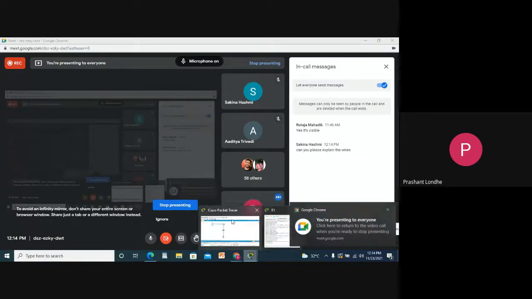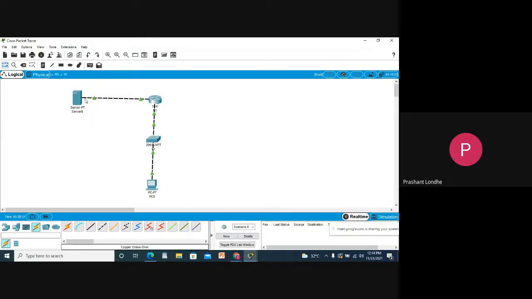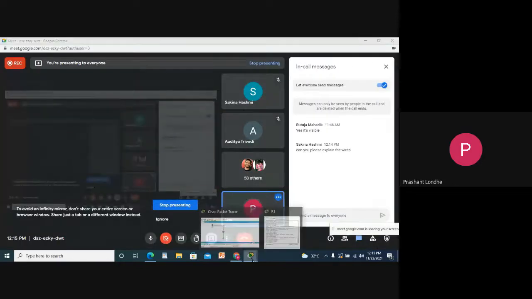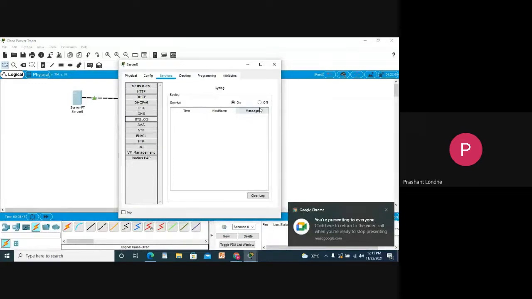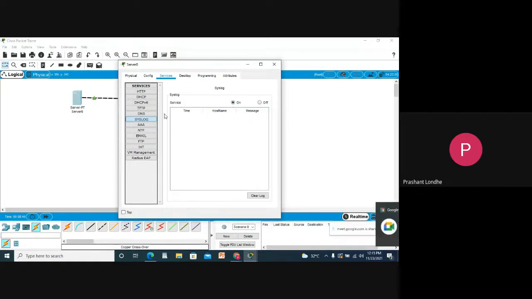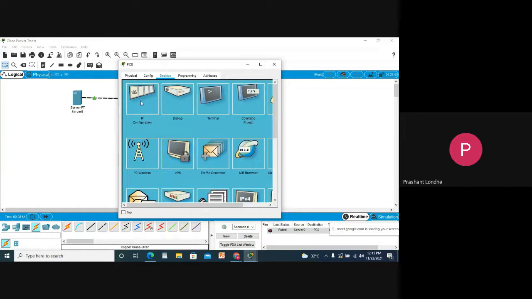Okay. In this network, the PC 0, the switch, the router and the server are taking part. We are supposed to just know this kind of service over here. So simply, I need to configure this.